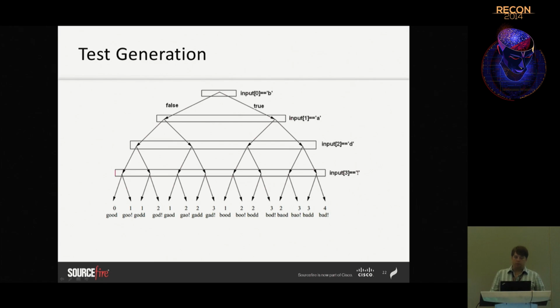Visually, you can represent this, of course, in a code coverage graph, essentially, and this would show where the input on the first condition can be B or it can be not B, and then you take the true or false branch, and it continues to iterate through the data constraints, and you can see at the bottom every permutation from an input that started as good, 4 bytes in a file, good, to the condition. All these new inputs would have been generated as the graph is solved, or the semantic interpretation of the graph of the code is solved,